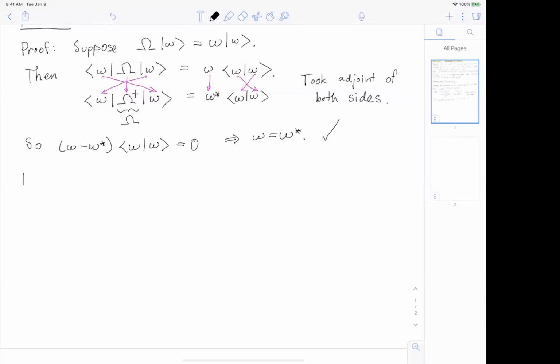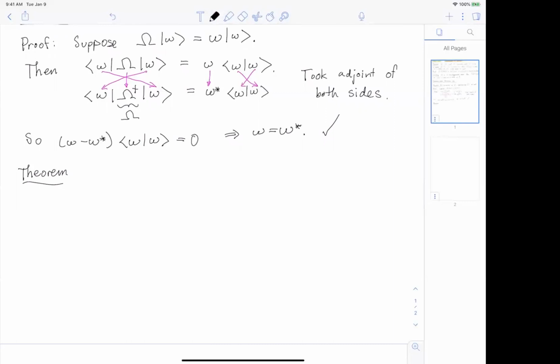And now we can go on to another theorem. All these theorems are going to help us understand later on how observables work in quantum mechanics, because in quantum mechanics, observables are Hermitian operators. Okay, so this theorem says if omega and lambda are Hermitian and commute with each other,